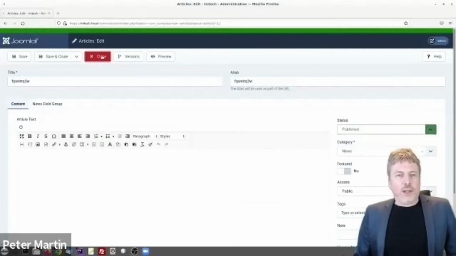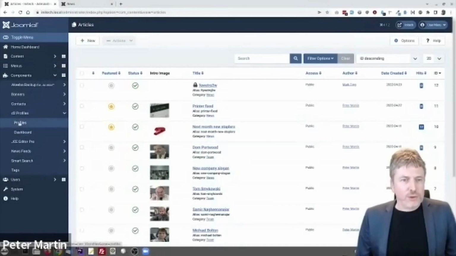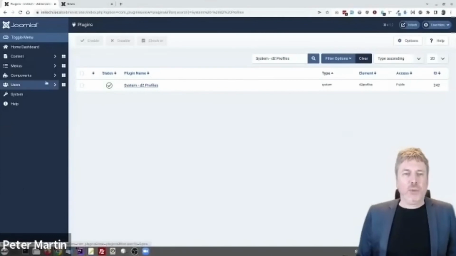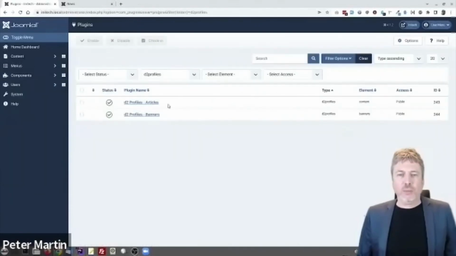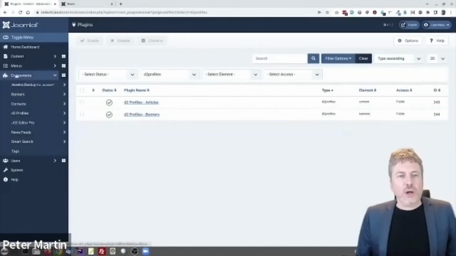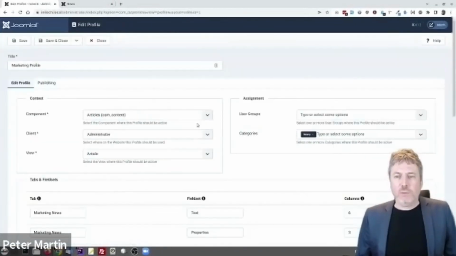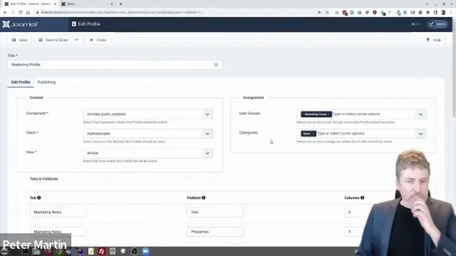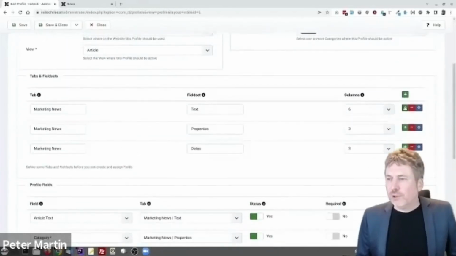So the other thing is I have here a commercial component called D2 Profiles. If you go to the dashboard, it has a system plugin, and the component also has two profile plugins, like articles and banners. So when I go to D2 Profiles, I have one marketing profile. When I switch it on and I assign this marketing profile to the marketing group, the marketing group and news, I have all these fields here, and I can also create a new field like